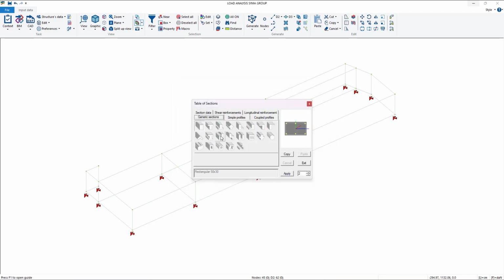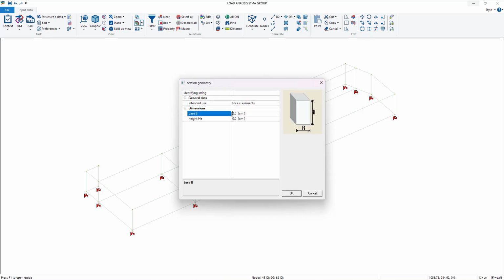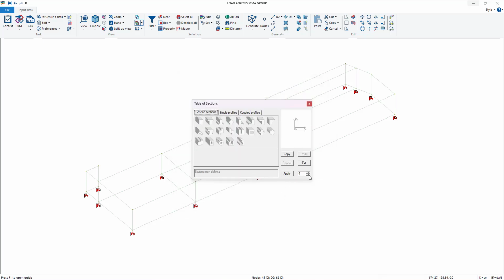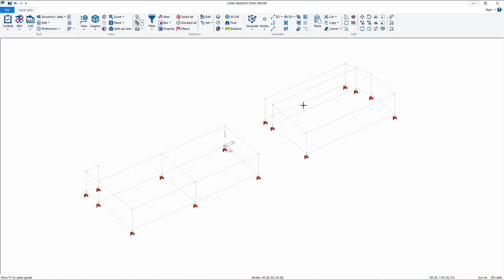Whenever you create something in the archive, you have to click apply in order to save it and not lose it. Because if I go on an empty slot and create a section like this, and then instead of clicking apply I move on to another slot, the previous slot is now empty. Until you click apply, it doesn't save anything. So we created a section.